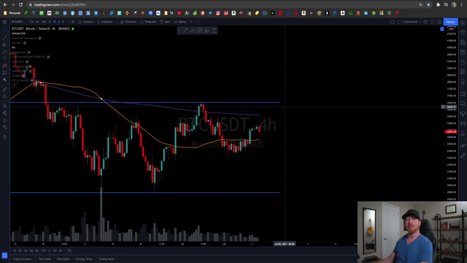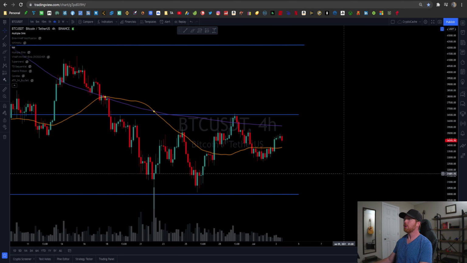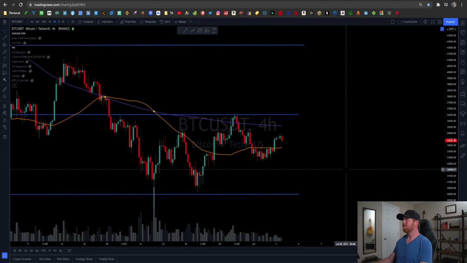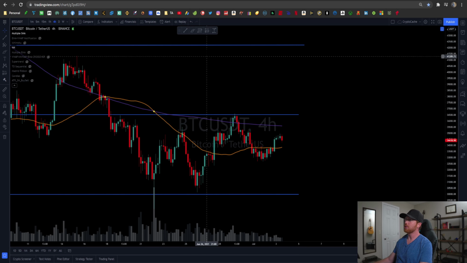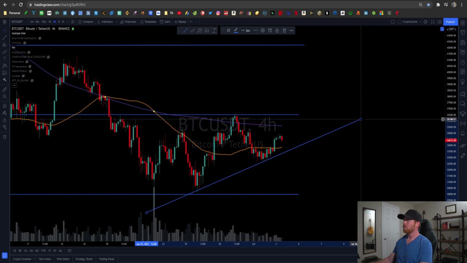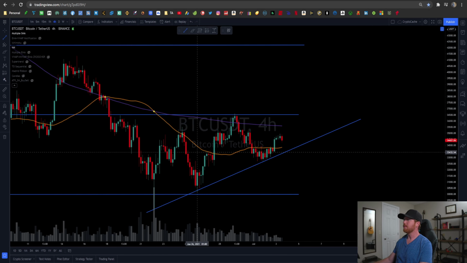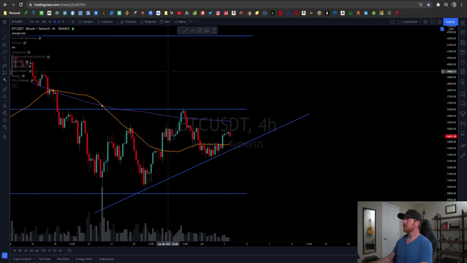Will it happen? Hard to say specifically, but I can tell you that we are looking, all in all, pretty good considering the fact that we are technically making higher highs so far on the 4-hour chart, right? So again, you kind of just mark this here. You'll see we've got the higher highs and the higher lows, and that's a really good sign, right? So we got that so far here at this point. Okay, so that's Bitcoin right now.